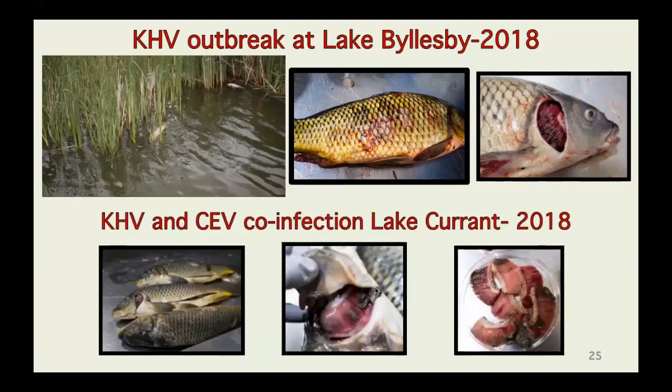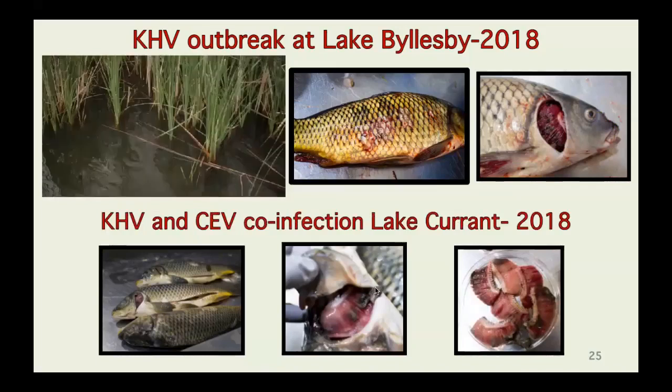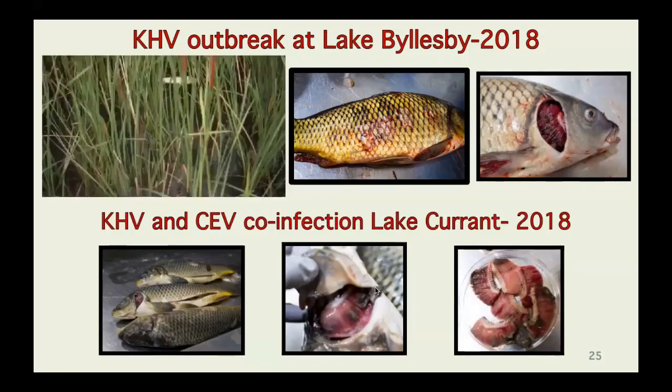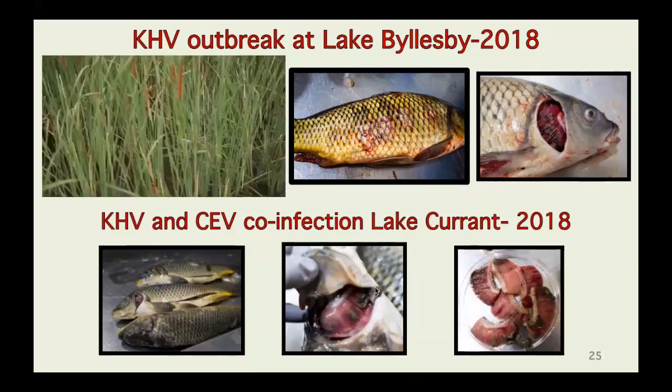So I want to highlight a couple of interesting outbreaks of disease in common carp. The first one being KHV at Lake Gillespie in 2018. So this wasn't the first time that we detected KHV in Minnesota, but it was an example of one where we were able to get a little bit more information from a typical mortality event. So you can see we're just doing transects, driving along the lake in a boat and counting dead fish as we can see them. But it gives you an idea of what we're actually looking at when we go to one of these fish kills.